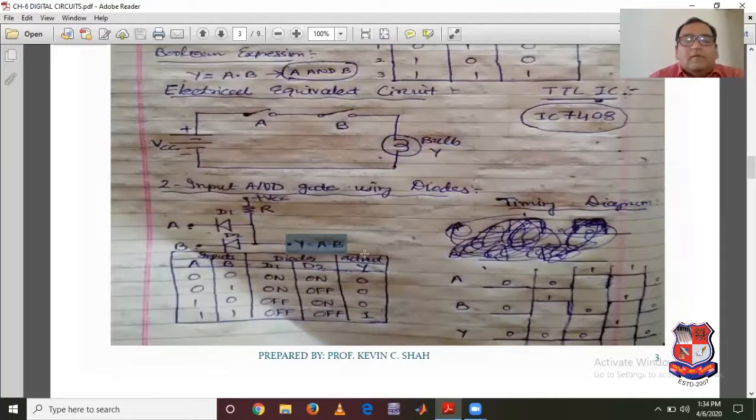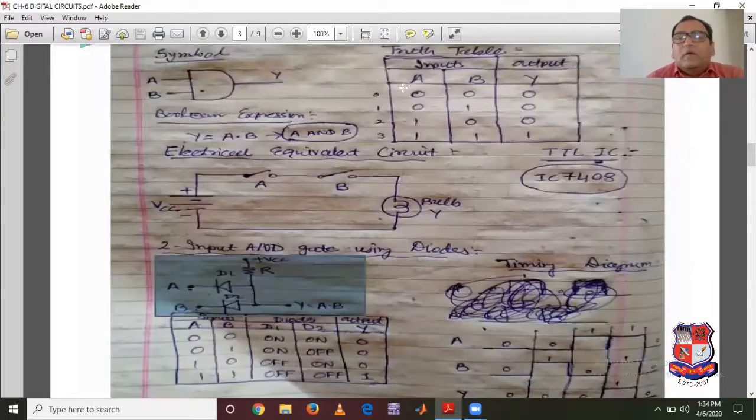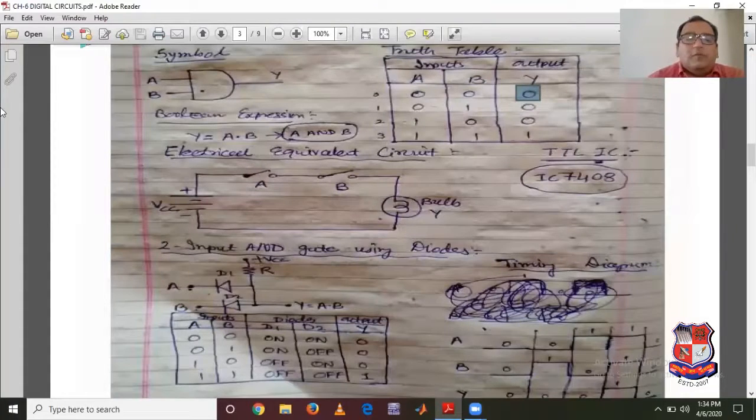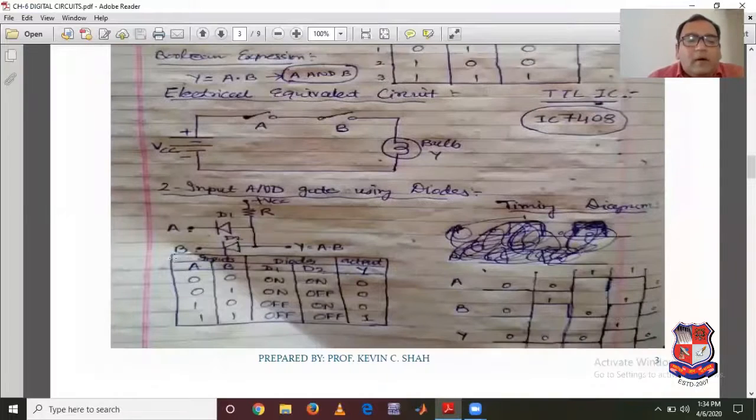We will discuss how this circuit works with reference to the inputs 0 0, 0 1, 1 0 and 1 1. First we will give input 0 0, then we have to observe what the output is. Actually we must get the output 0. Now we will understand how we get the output 0. So observe that I have prepared another truth table with inputs and output, but between them I have written columns for the diodes, because to understand the working of this circuit we must know the behavior of the diodes.